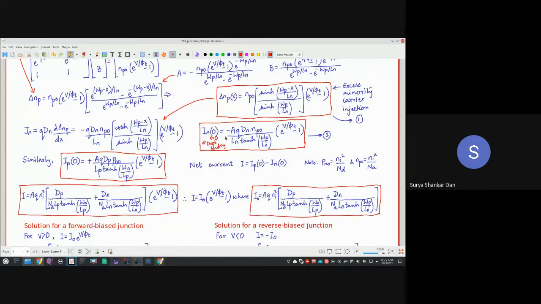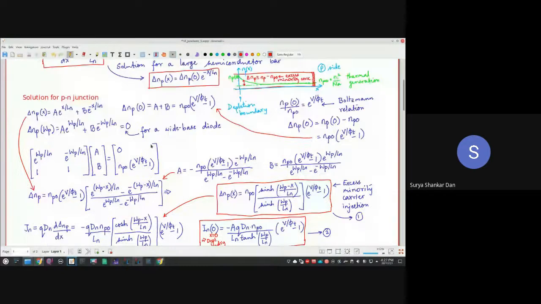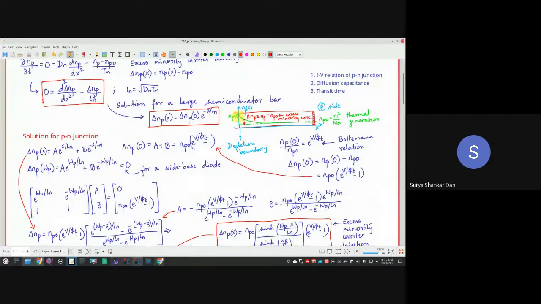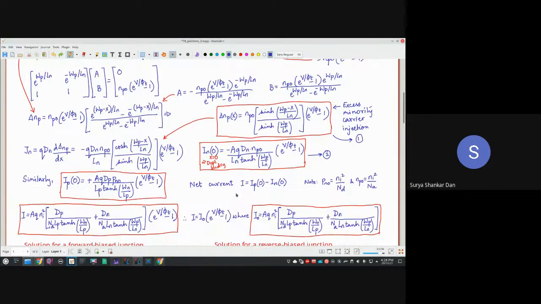Okay, the reason is, if you can clearly understand, there is one exponential term, this cos hyperbolic means exponential only, right? So it simply means that as the diffusion component becomes lower and lower, does it mean that those many carriers are wasted? No, no, no. All it means is you are also getting one drift current which will go on increasing. Okay, so that is why we are doing it. Has that concept become clear?